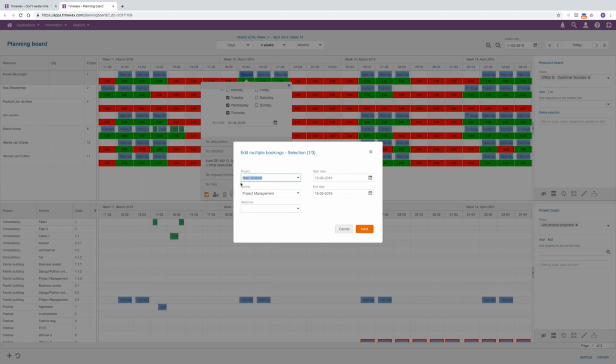So I can make a selection based on project, based on activity, but also based on a resource. So let's pick another example. Rick